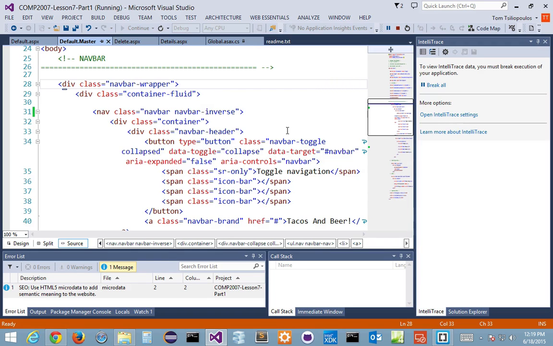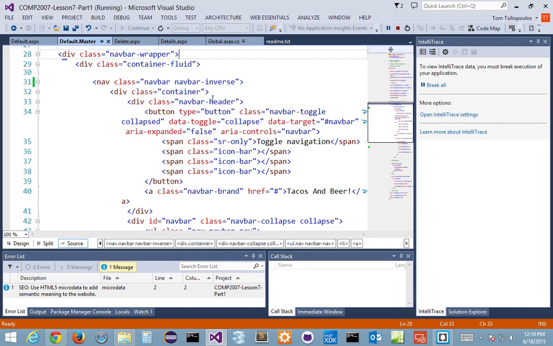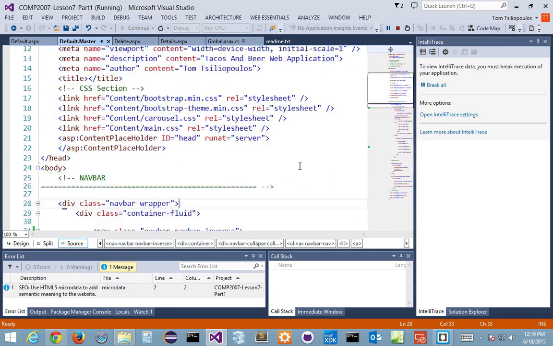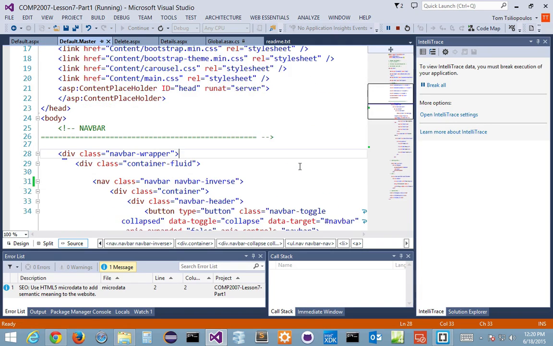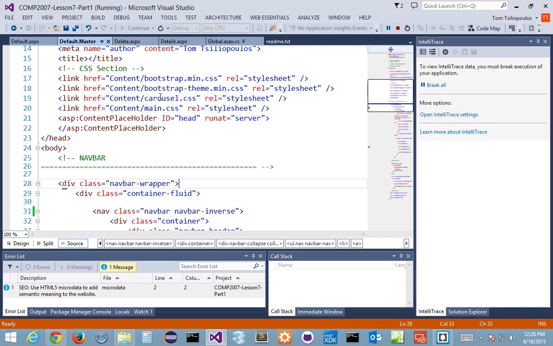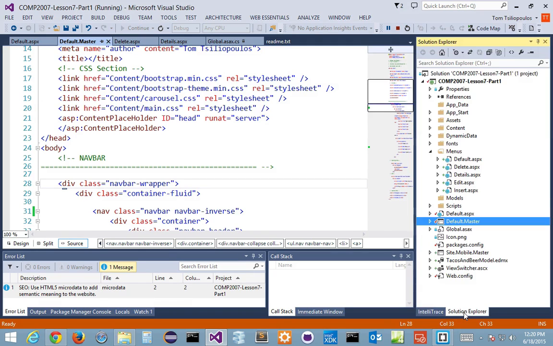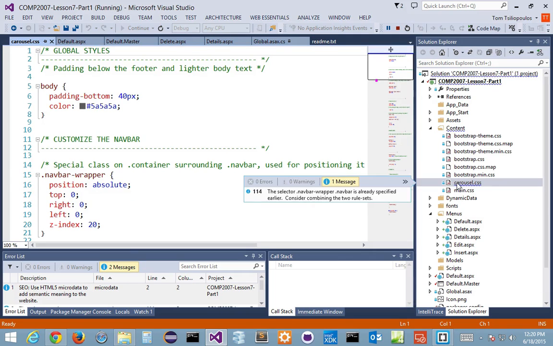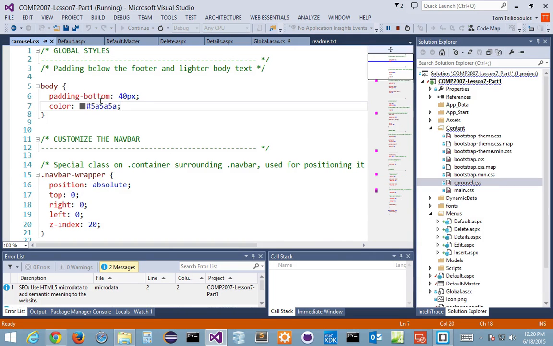Something is making it so that my menu is, because remember, our menu is going to sit there because of the way we've set up our bootstrap, right? And if I'm wrong, it's happening because we've got a bit of styling that's pushing our menu down, and it could be from our carousel CSS. So let's take a look at our carousel CSS to see if that's where it is. Right? So I'm going to go back to our style, our content. I'm going to go to carousel CSS really quickly, and it says padding bottom 40, our color,